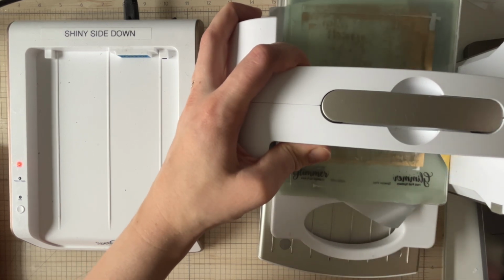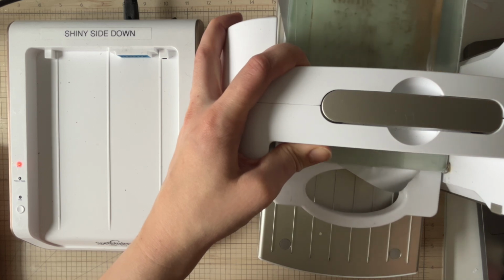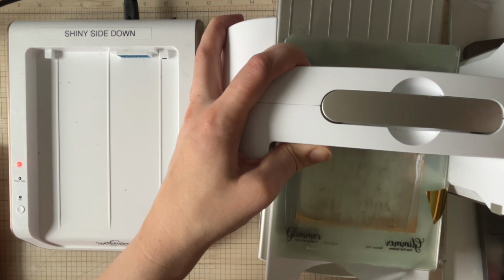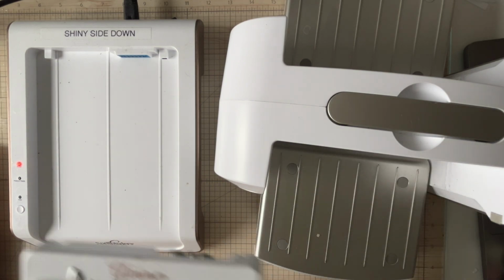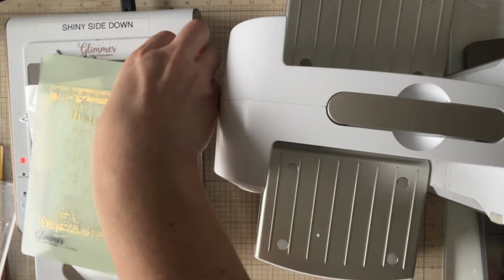If you happen to not get the best results, there are a couple of things that could go wrong when it comes to hot foiling, and we'll go through those in just a second, but you can really see the steps for this aren't really difficult. So once again, make sure your machine is ready to go. Heat up the hot foil plates, add your foil, shiny side down, cardstock, and the sandwiches, and run it through